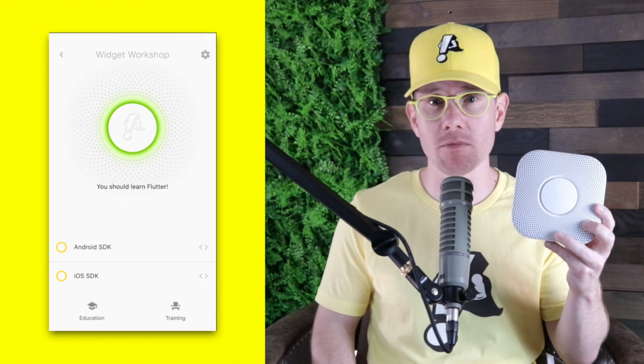In the very first Widget Workshop, we paid homage to my roots working on the Nest app. Today, we're going to do that again. When I worked at Nest, one of the screens that I was responsible for was the Nest Protect screen. That's the smoke detector screen. It has a semi-skeuomorphic design at the top that looks like a physical Nest Protect. I always liked that little design detail, so today we're going to create a close facsimile to the Nest Protect